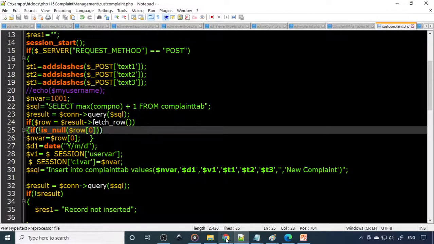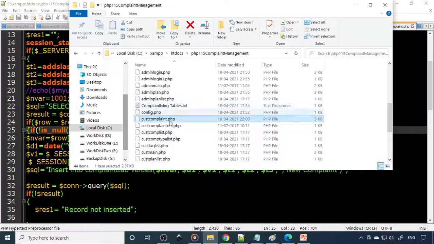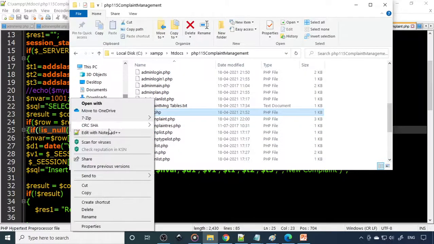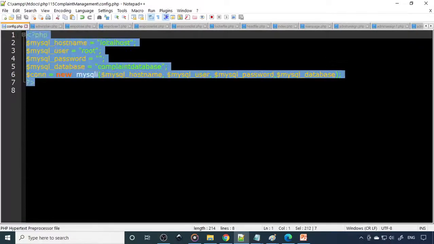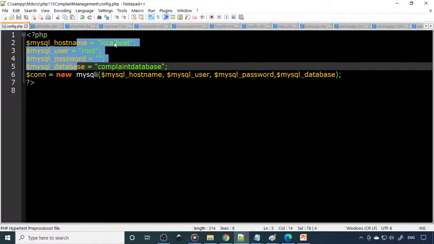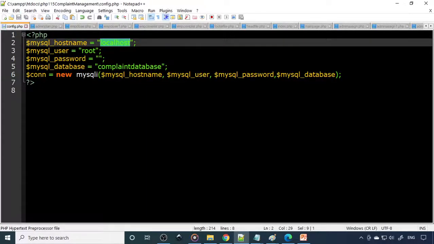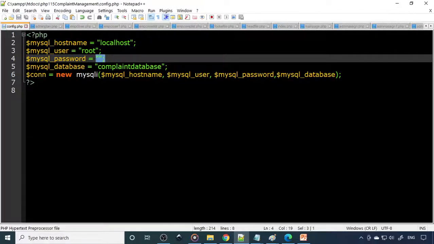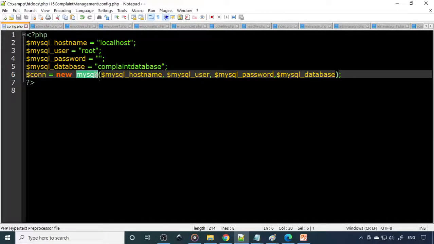Alright. So here we have the code. Because the code is already explained step by step in different videos, please watch those videos. Here I just give you an overall look. This is the connection file. These are the 4 parameters to connect to MySQL. One is the host name, that is localhost; user, root; password empty, because when you install the XAMPP server, the MySQL password is empty; and the MySQL database, this is the database name. You have to use MySQLi. The MySQLi will connect to this particular database in this particular server.